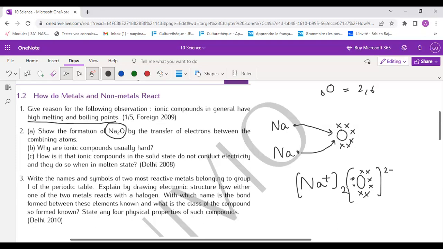Yes, ma'am. Okay. Next question is, why are ionic compounds hard? This I have already made you write. How is it that ionic compounds in the solid state do not conduct electricity? Because the ions are fixed at their positions, they cannot move freely. That's why they do not conduct electricity. And when they are in molten form, the heat has broken the force of attraction between the ions. Now the ions can move freely, and hence they can conduct